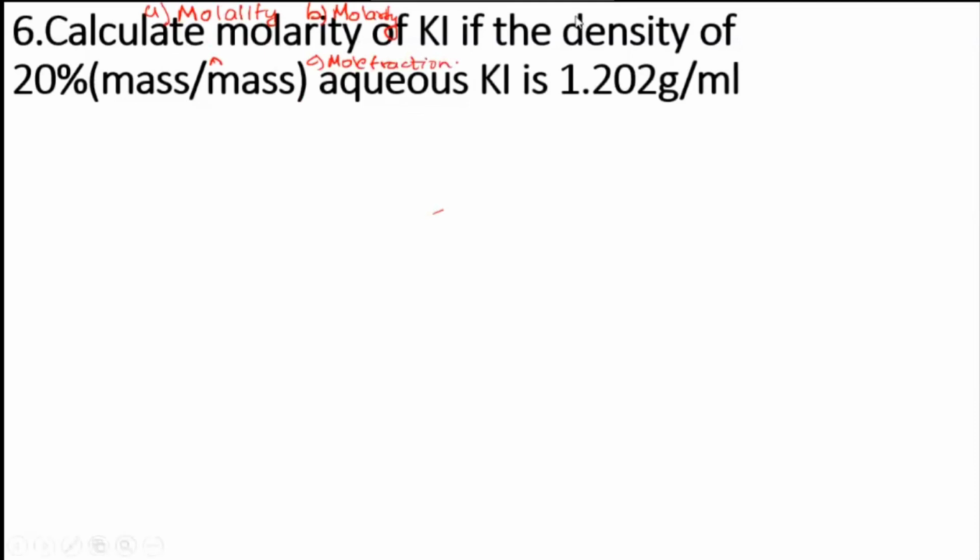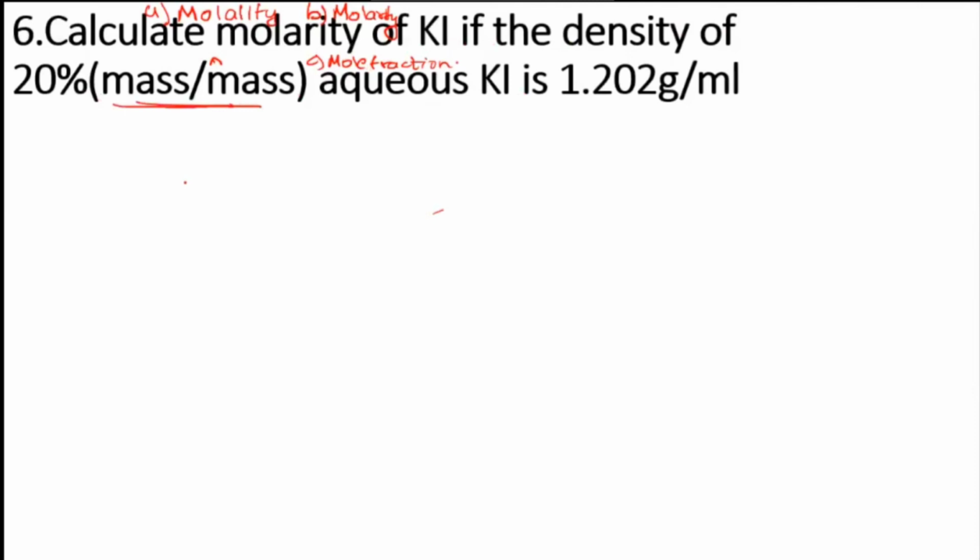So let me work out the first one, okay? I will go for the molality part here. You have written the question correctly, no? I had sent you in the group. If you check it out, you need to calculate here molality, molarity, and then the C part is mole fraction of potassium iodide. If the density of 20% given to you is mass by mass, okay? Mass by mass equals potassium iodide is this much, okay? Gram per ml.